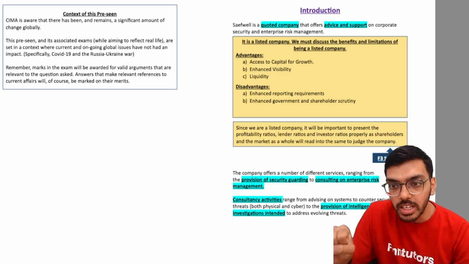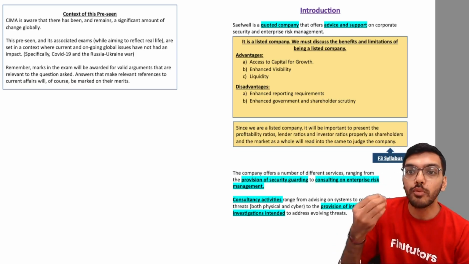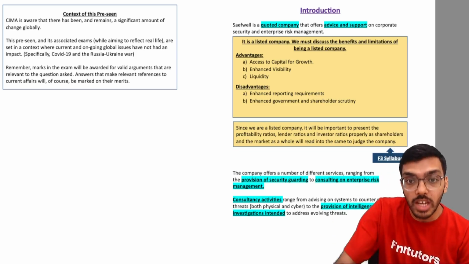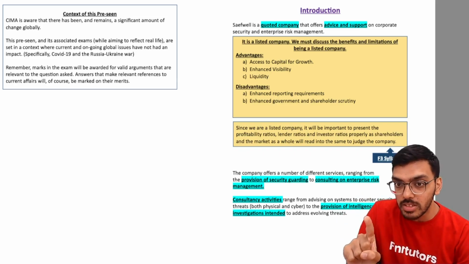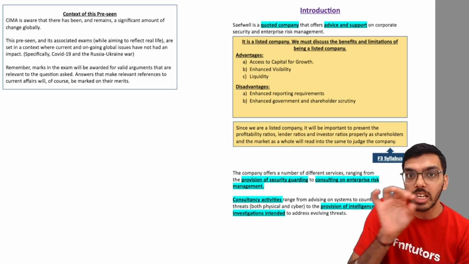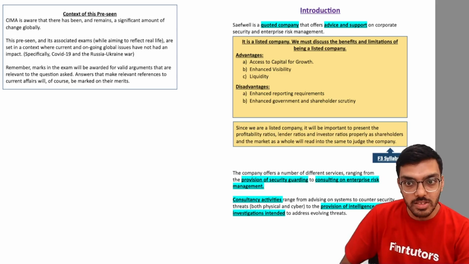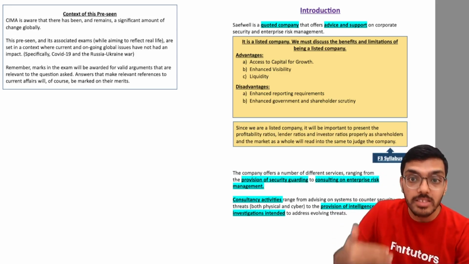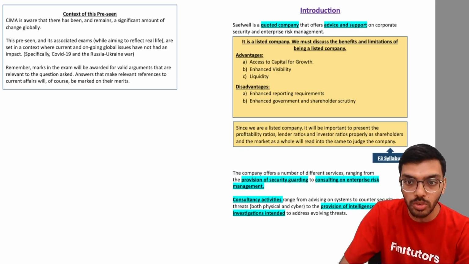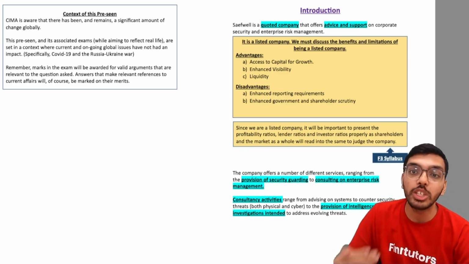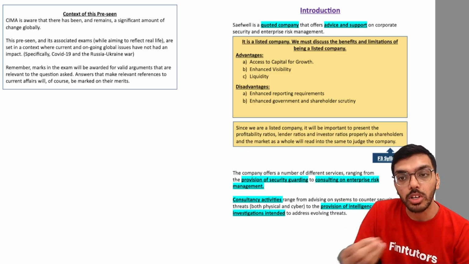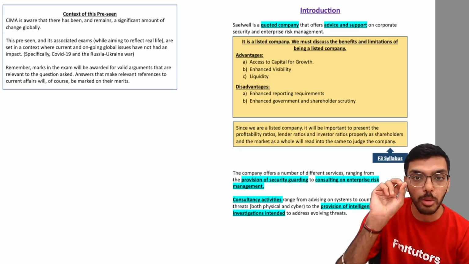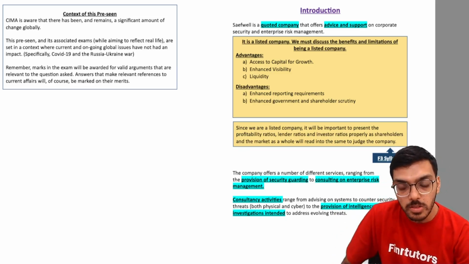All of this will be very clearly there, right? So for my company as well, these ratios which are there in your F3 syllabus, you see how I'm linking the pre-seen to your syllabus areas? So these ratios are there in your syllabus area. So revising the use of these ratios, revising what these ratios are, is a very important place to start with. This is from your F3 syllabus.